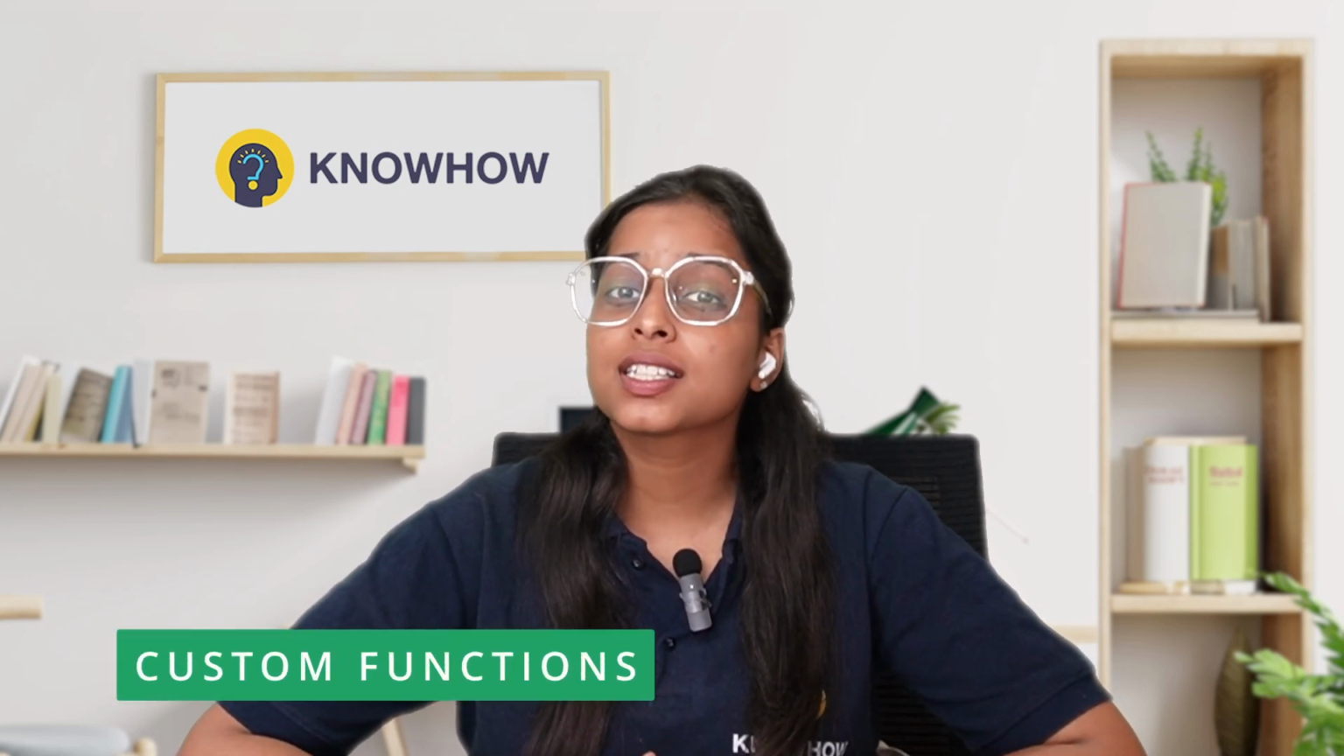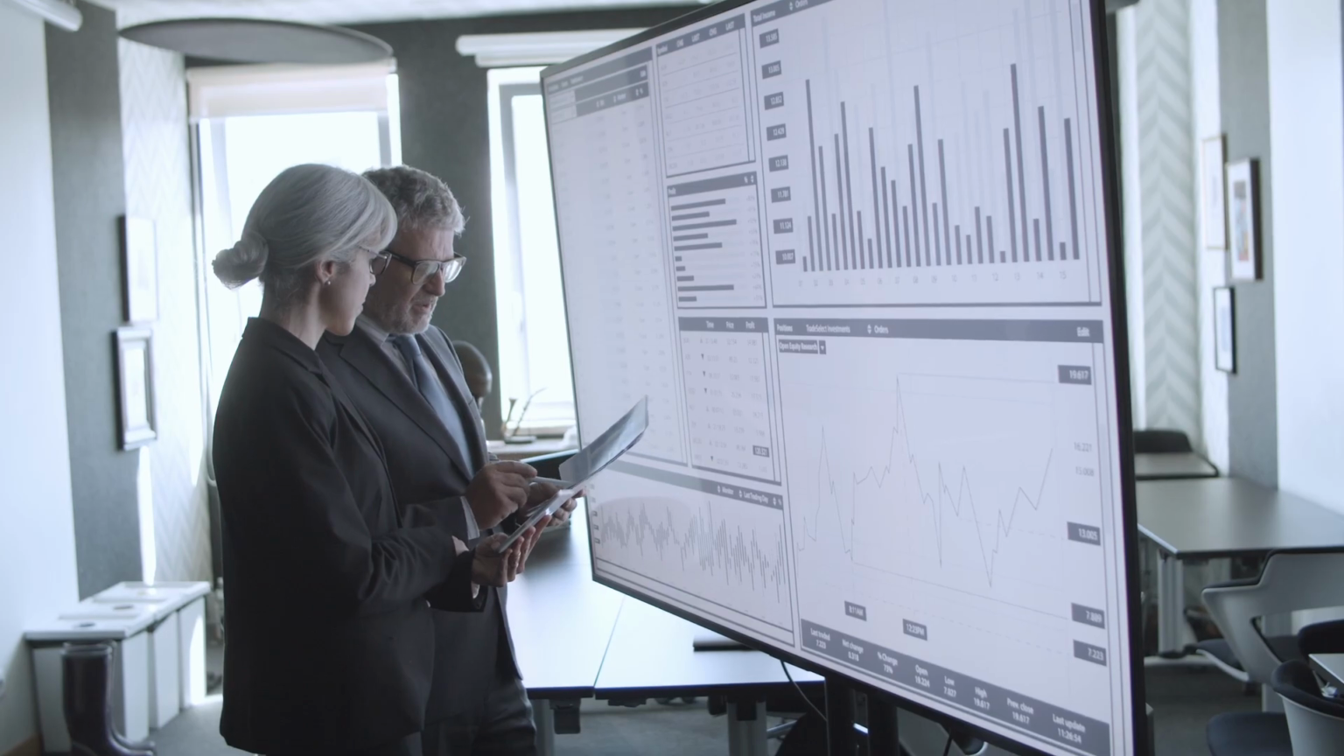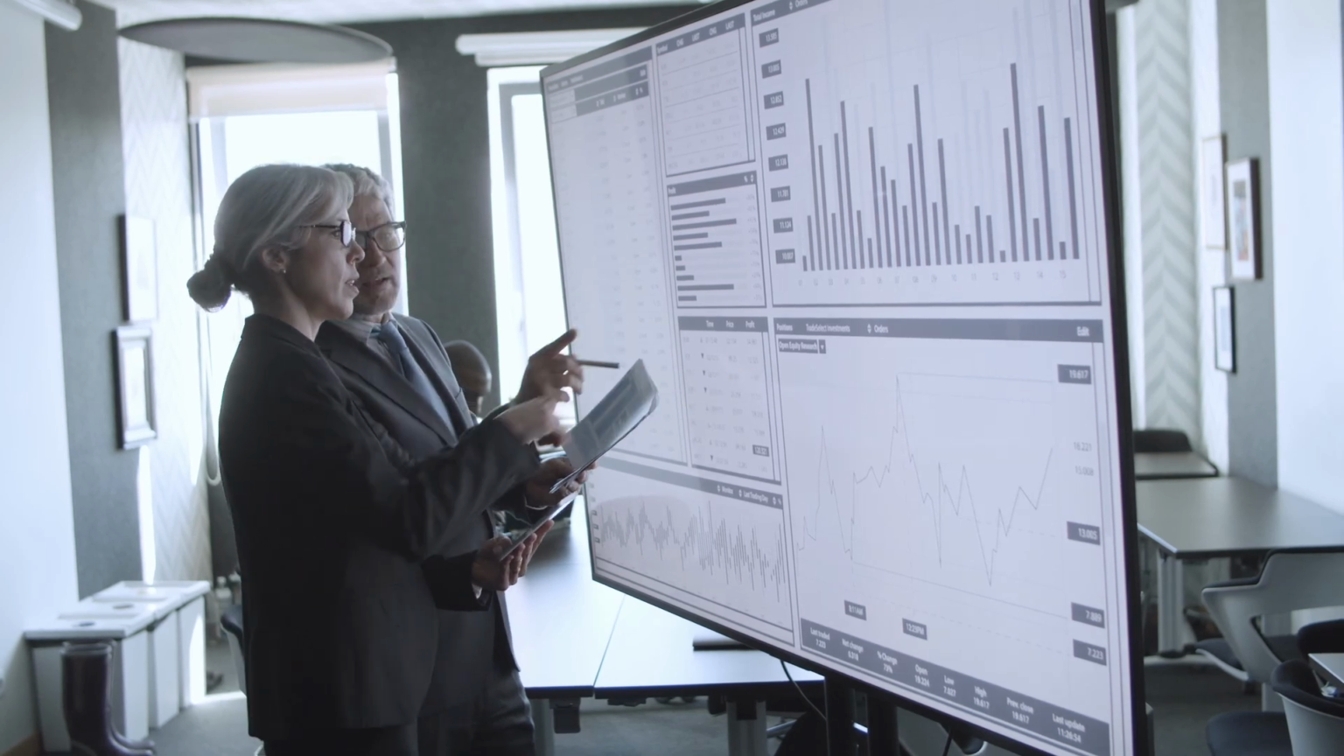Have you ever found yourself wishing Excel had a function that fits your exact needs? Custom functions are your solution. They allow you to create personalized tools for specific problems, saving time and effort. Whether you are calculating a complex financial model, formatting text, or analyzing unique data patterns, custom functions are a game changer